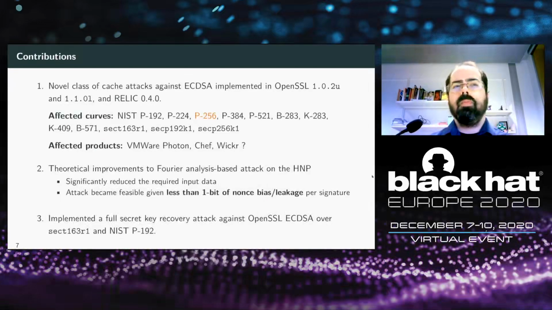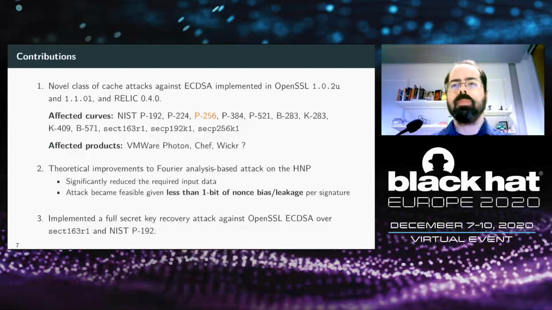There are many sets of parameters affected by this vulnerability. Essentially, any curve in which the group order is just below a power of 2 could be affected if the implementation is vulnerable as well. This includes many curves standardized by NIST and defined over prime fields, and also curves defined over binary fields. Also, some of the curves standardized in the older SECG standard could be affected. In particular, the Bitcoin curve secp256k1.